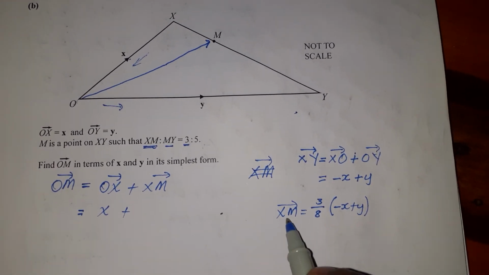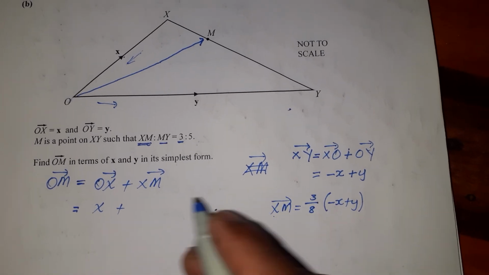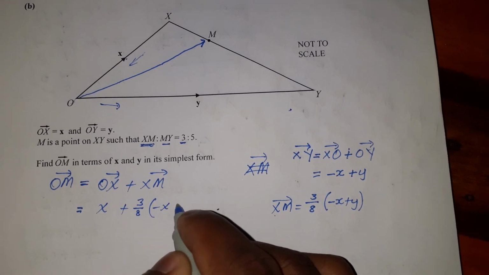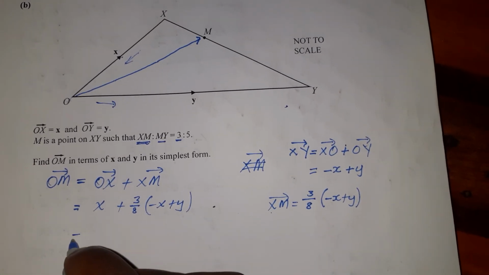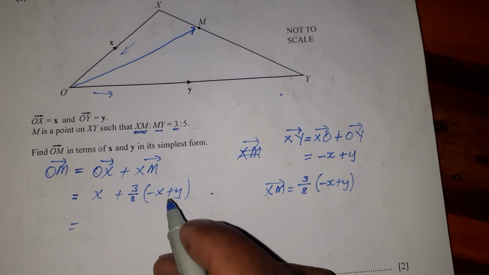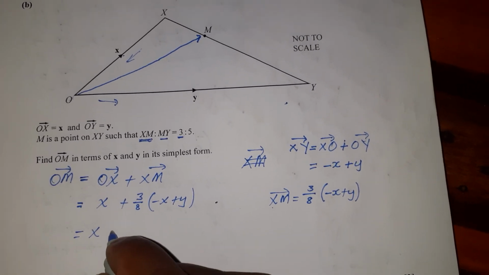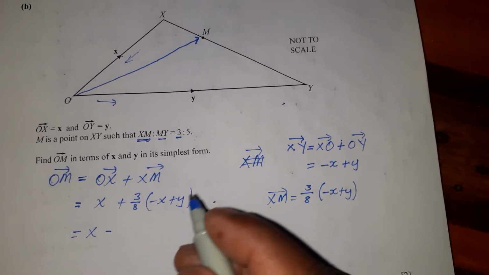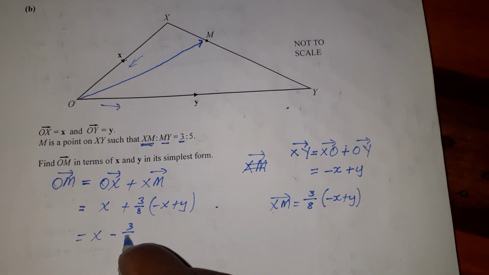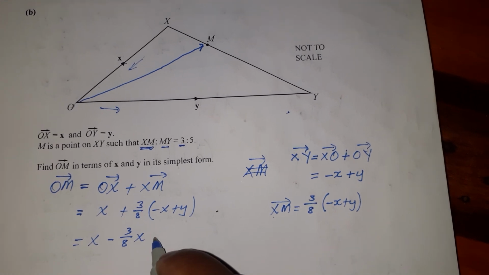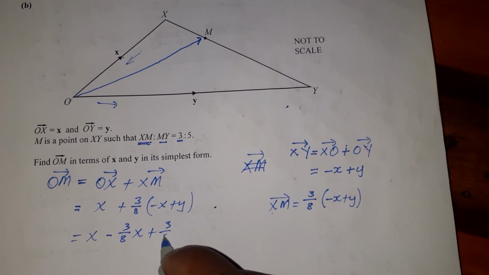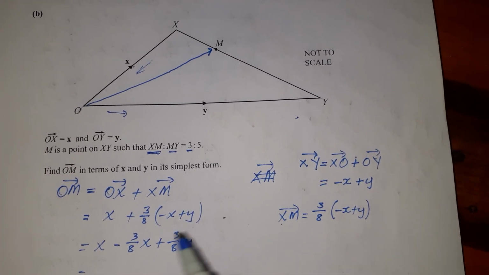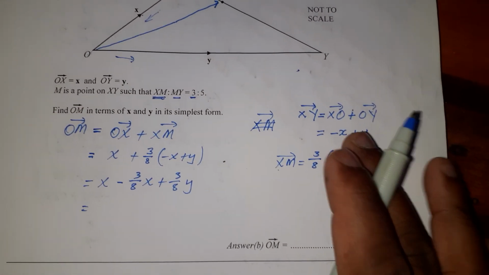So we now come down. Our XM now is equal to 3 over 8 negative x plus y. Now we can expand this bracket. So we should have negative 3 over 8 x, and then plus 3 over 8 y. We can now simplify here. In order for us to simplify here, if you don't have a calculator,